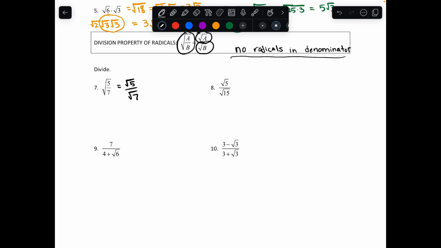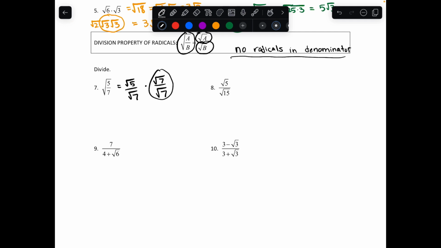Well, all that I have to do is multiply by the denominator divided by itself. As in, I'm going to multiply by the square root of 7 divided by the square root of 7. What am I doing? I'm multiplying by 1, right? Because anything divided by itself is 1. So I'm not actually changing the value of my answer. However,